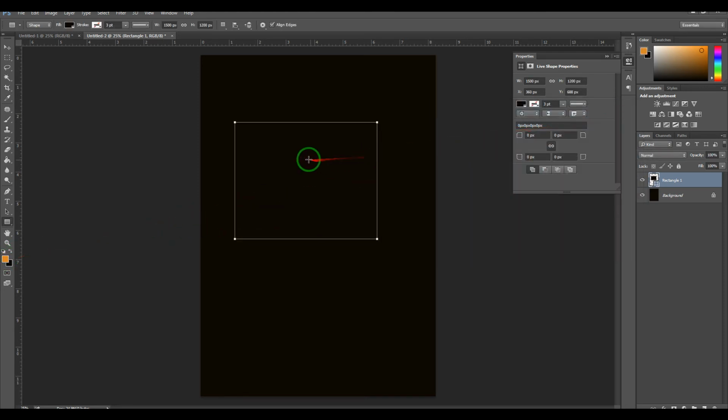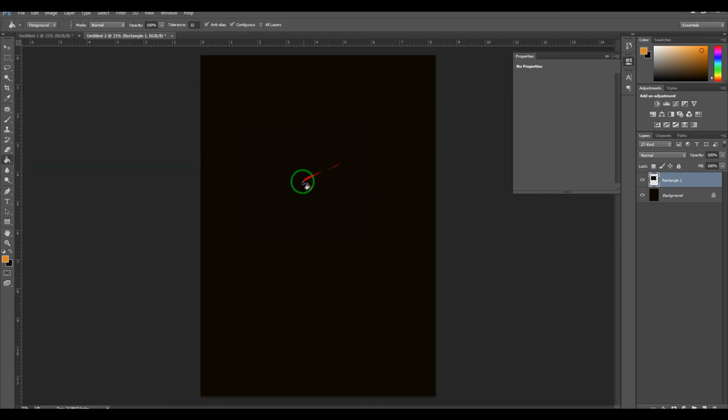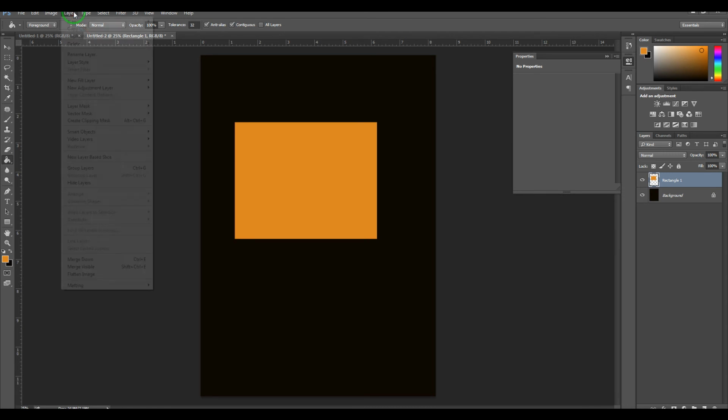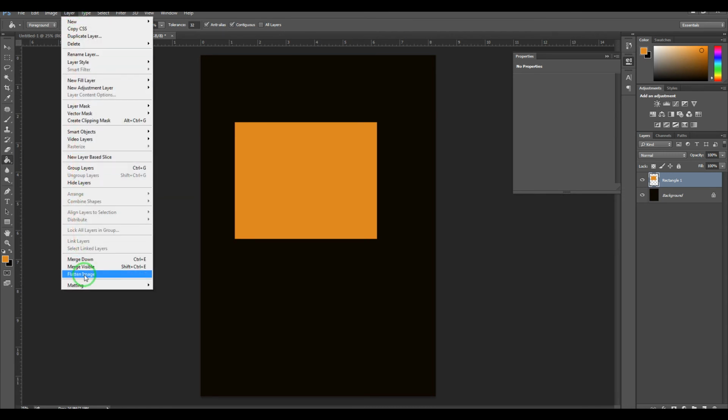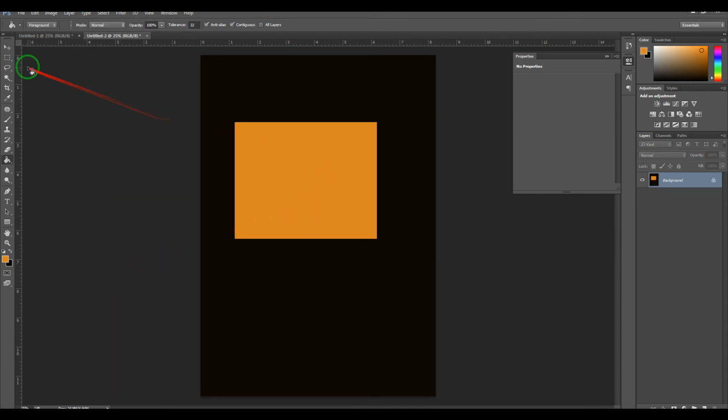Then we will create a rectangle and give this rectangle a different color. And I am going to flatten that image. Right here we have a single image with two different colors. So there is no color difference within the particular areas.